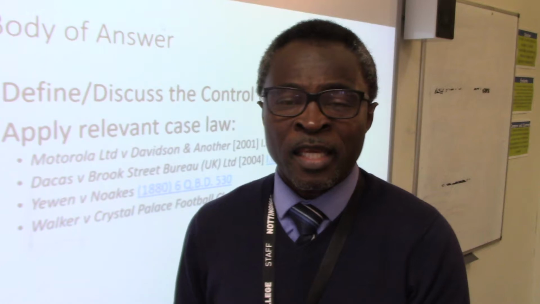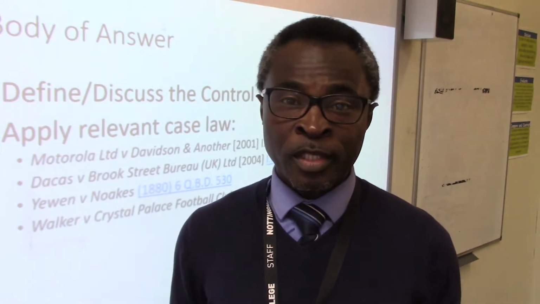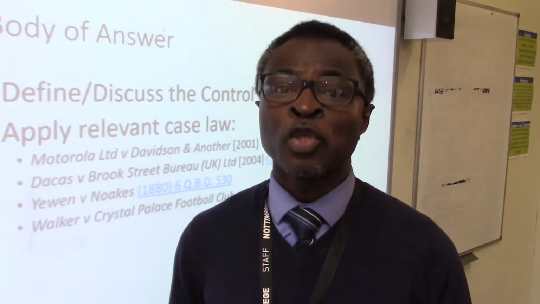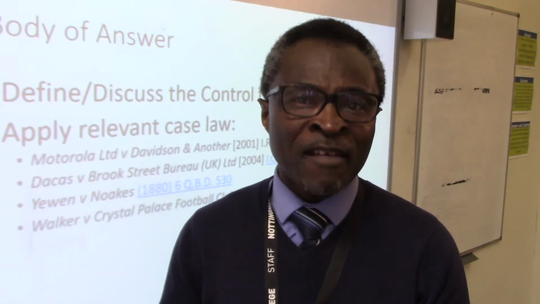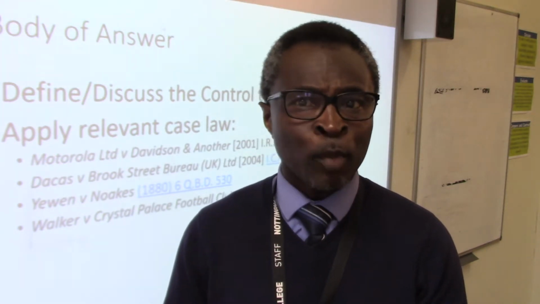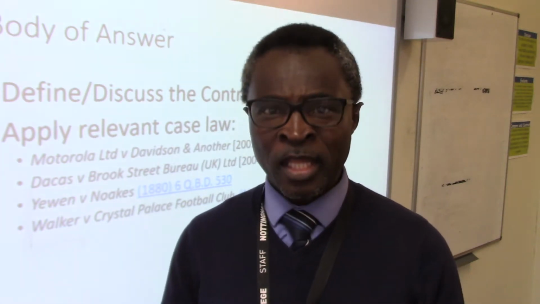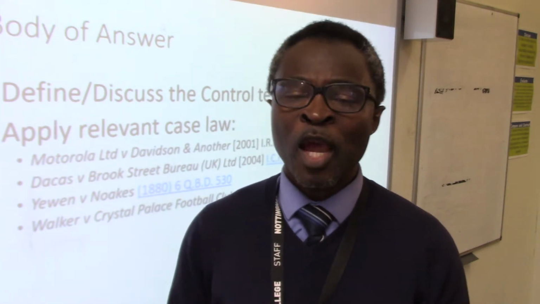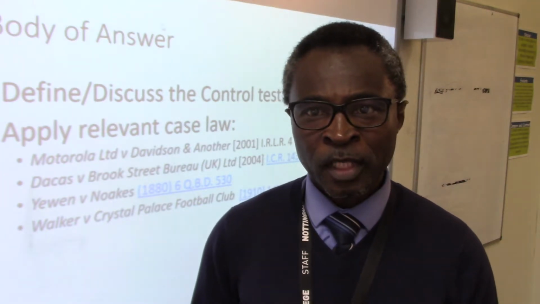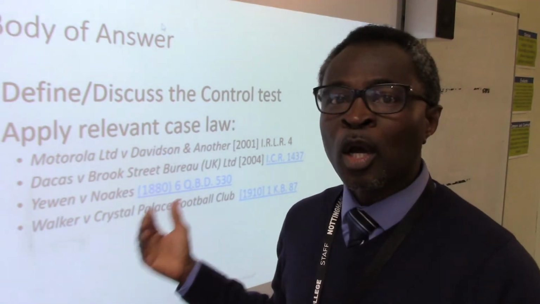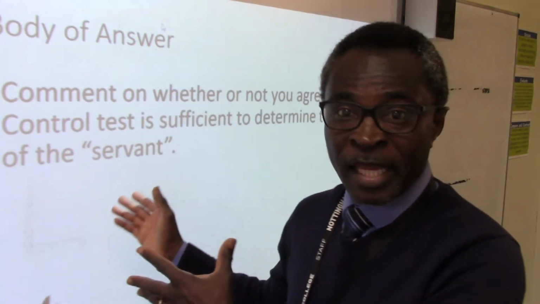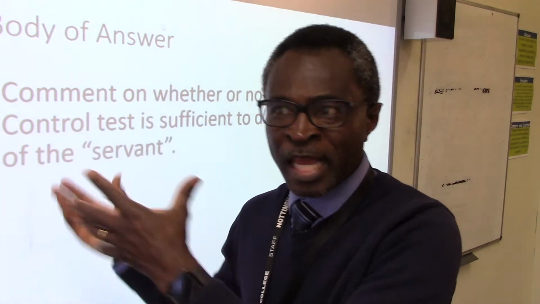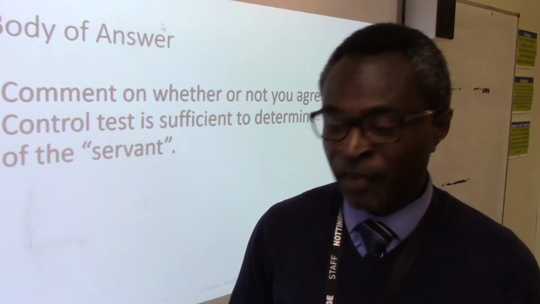And these days, I think it goes without saying that if you apply for a job, one of the qualities your employer would look for is the fact that you can work independently. So there might not be enough evidence of control over an employee, even though everything else in their contract suggests that they might be employed by the employer. So make sure you clearly explain what the control test is all about. And that's the point here. So link the control test to the statement of Justice McKenna and see if it's sufficient.